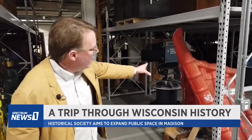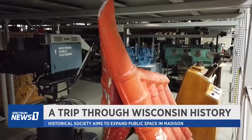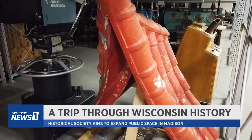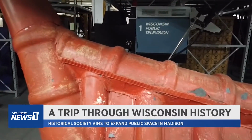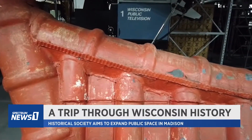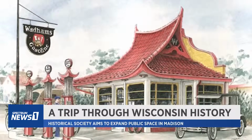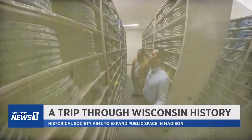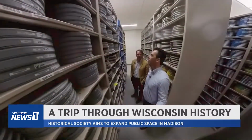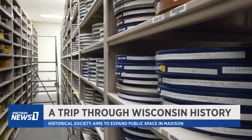What you're looking at here, people a little bit older than me will recognize this as a Wadham's pagoda-style gasoline station. It's a portion of the roof. And back in the 1930s and 40s, Wadham's gas stations were an iconic signature part of Milwaukee's streetscape. They had the film libraries for RKO, Warner Brothers, and United Artists. We have about